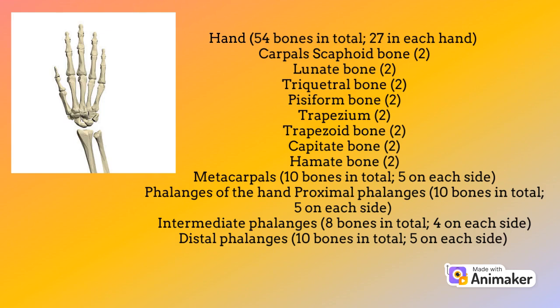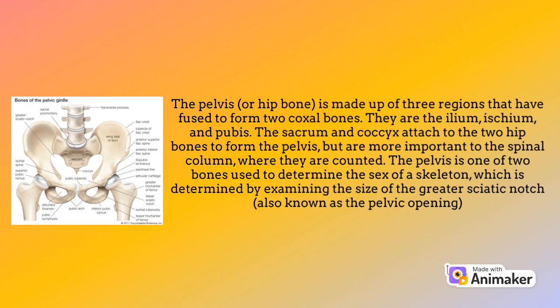The pelvis or hip bone is made up of 3 regions that have fused to form 2 coxal bones. They are the ilium, ischium, and pubis. The sacrum and coccyx attach to the 2 hip bones to form the pelvis, but are more important to the spinal column, where they are counted. The pelvis is one of 2 bones used to determine the sex of a skeleton, which is determined by examining the size of